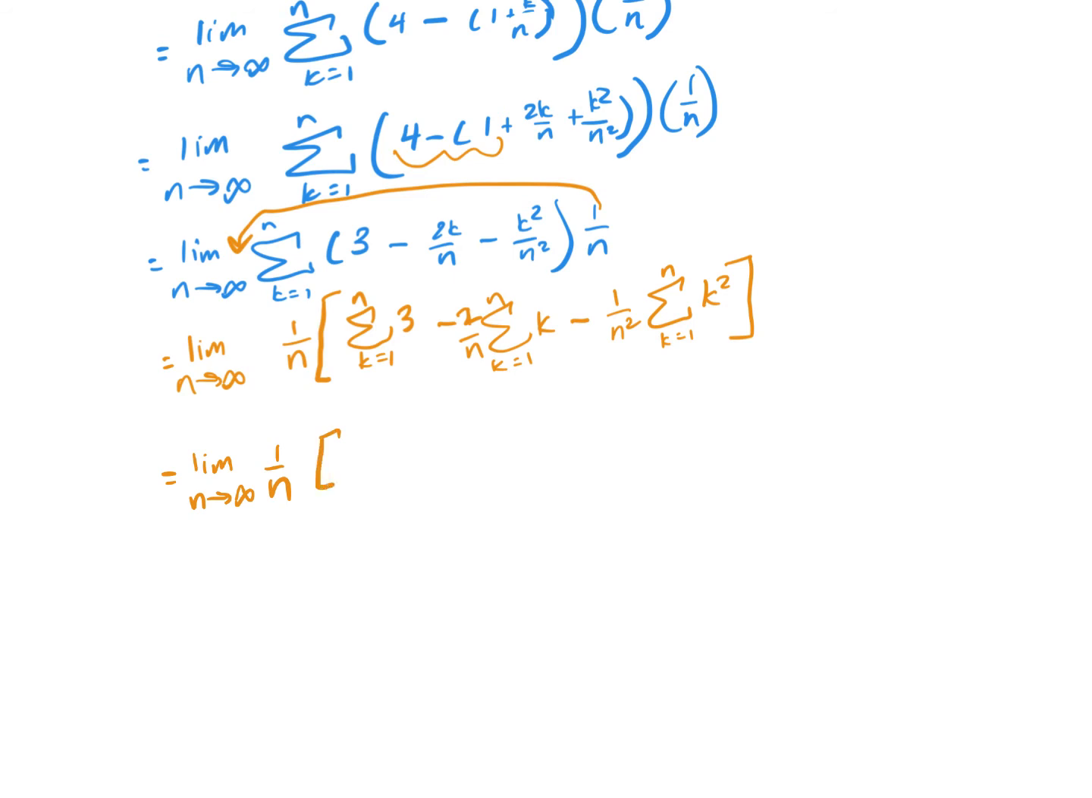Then we're just going to use each one of these formulas. So the sum of a constant is just that constant times whatever number's up here, which in this case is n. So just this piece becomes 3n. Are we cool? Minus